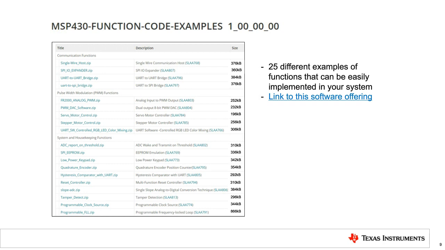So you can go on TI.com today, and we're linking all of the specific pages to find these code examples. As you can see, the memory size and code size are pretty small for a lot of these examples. And so it becomes very easy to take a few of them, pull them into your project, and start mixing and matching them, combining them together and building out the software for your housekeeping MCU.